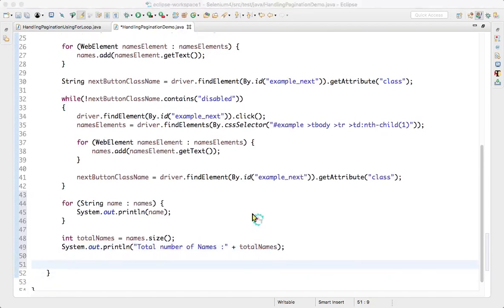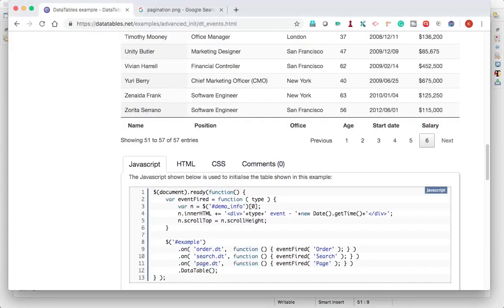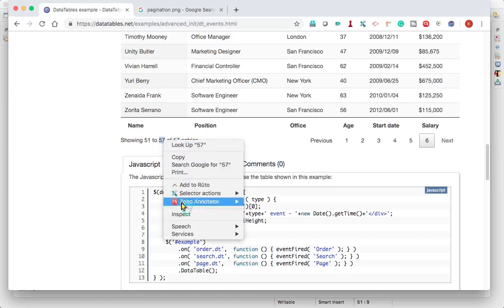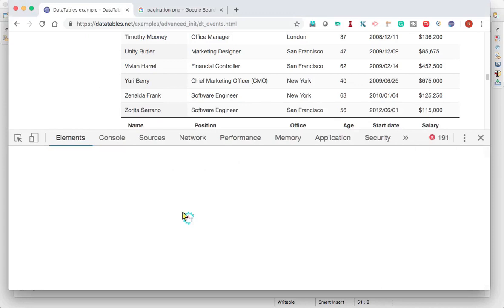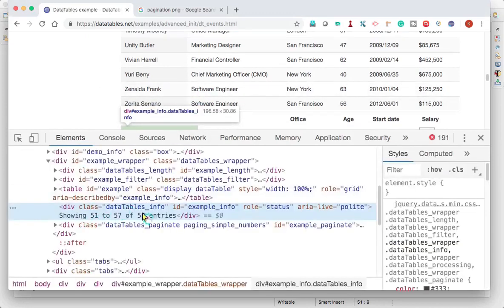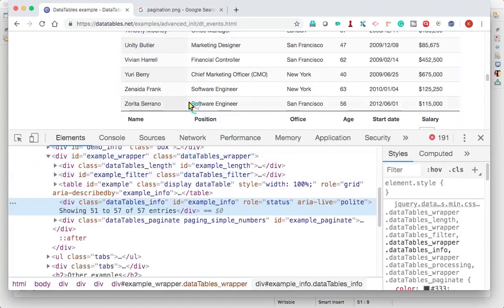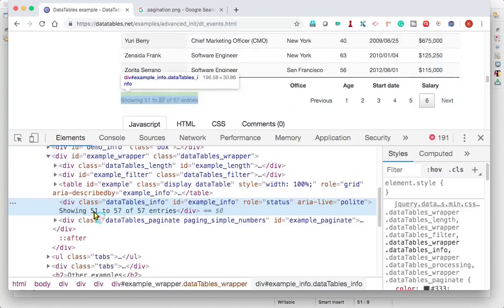I'm printing. In the same way, we have one more verification. I need to capture this 57 and compare. Right, so here the exact element is showing 51 to 57 of 57 entries. Inside that I need to capture this 57.